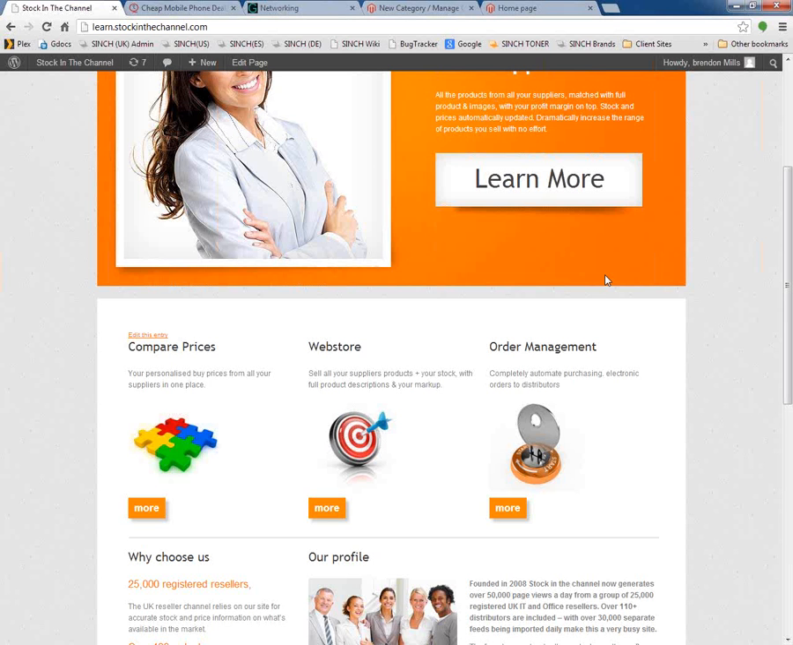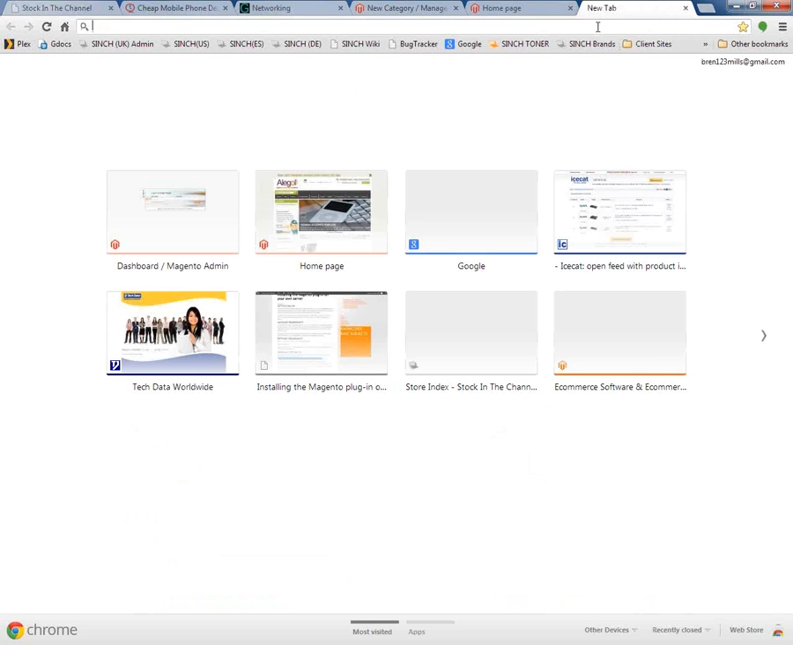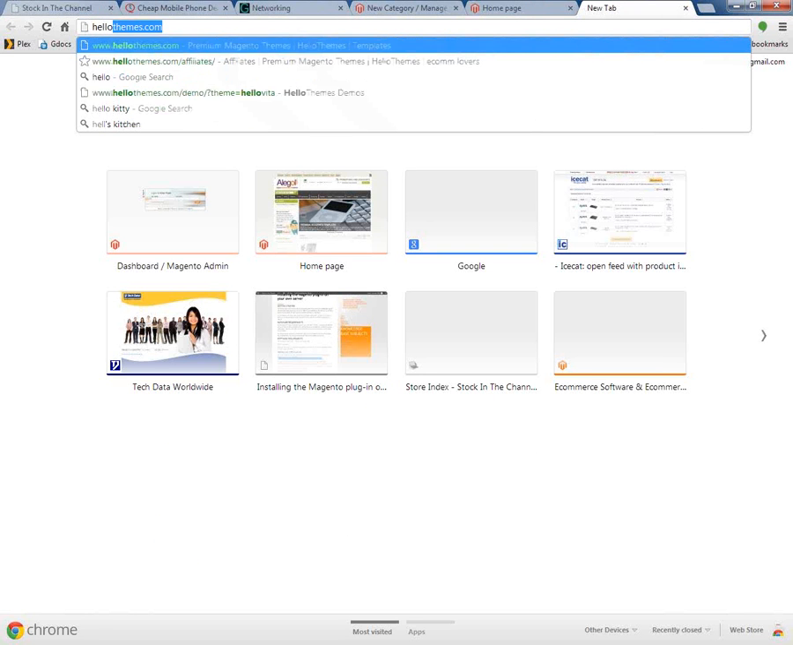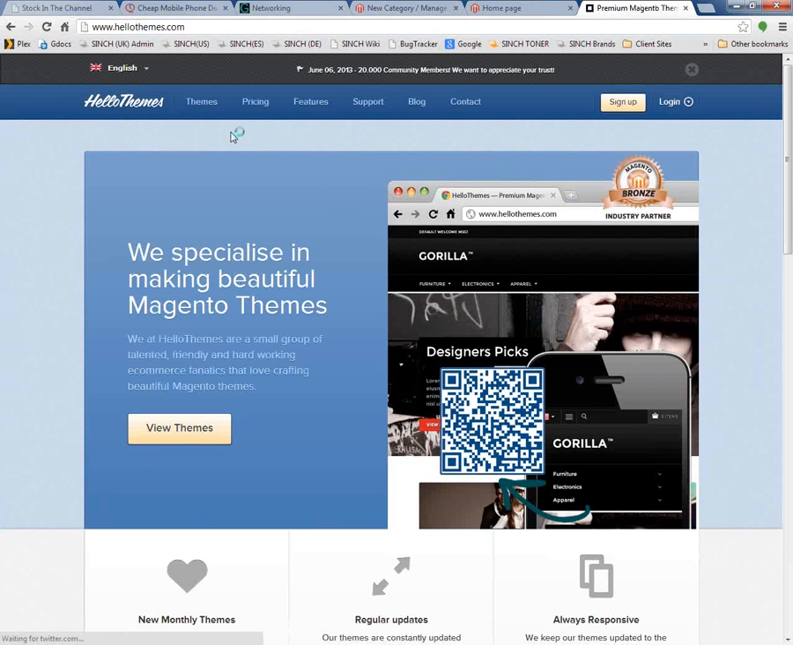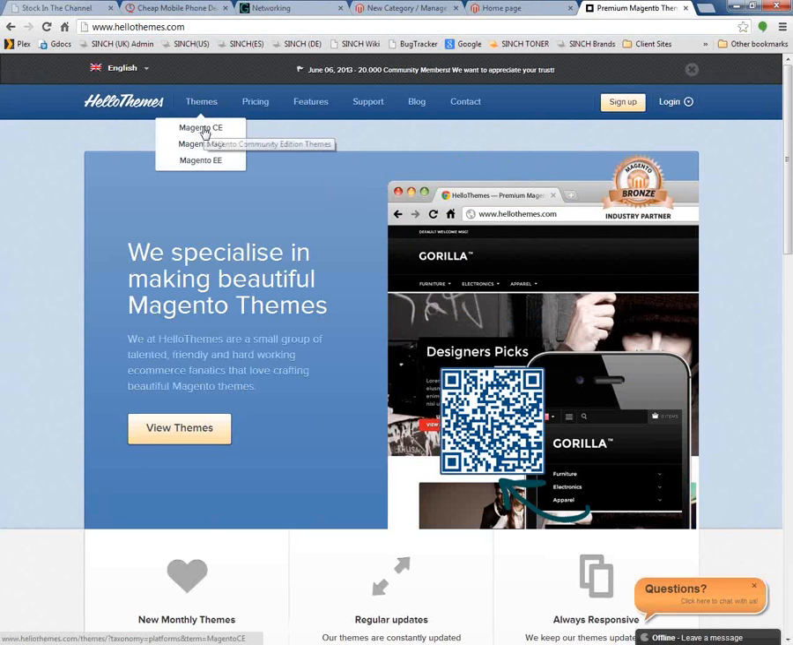We will install a template for you. So if you provide us with a template, and there are millions, or thousands, to choose from. If we look at one site here, Hello Themes, they have Magento CE, Community Edition. So there are different versions of Magento. Magento, by the way, if you're not familiar with it, is owned by eBay. Okay, it's an open source platform,